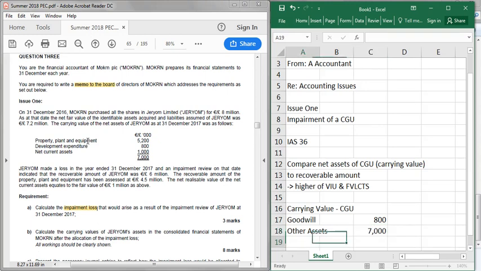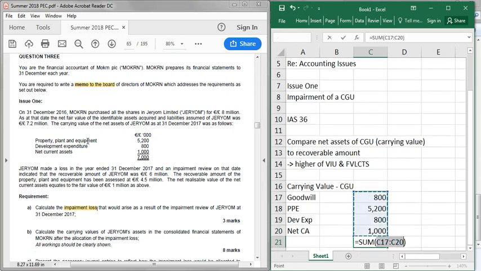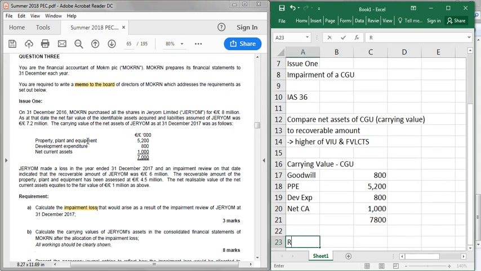So that's where a lot of students went wrong. Always ask yourself, why am I told about the 8 million and the 7.2 million acquisition? You know in a cash generating unit there can be goodwill as well. So we'll just split out those other assets to make it easier. PPE 5.2. You had development expenditure, which is an intangible asset, which is 800. And then you had net current assets, which are your trade receivables, your inventory, etc., your working capital, 1 million. So overall, the carrying value was 7.8,